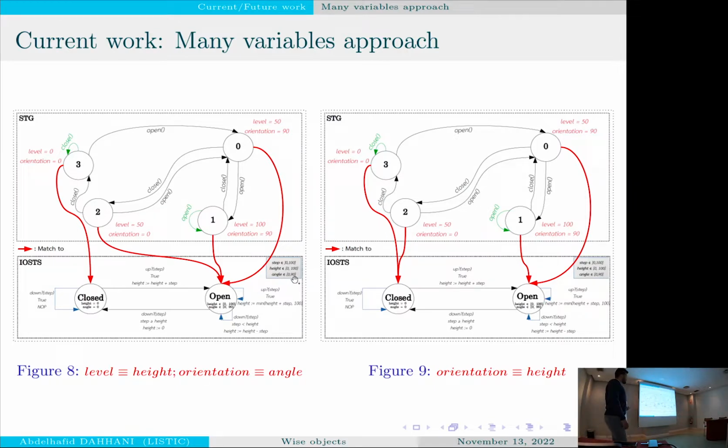Where did we get this one from? This one is also obtained based on the attribute-variable matching. Orientation also matches height. Here, as we see, orientation is between 0 and 90, and 0 and 90 is included in the height that is between 0 and 100. And I can say both are correct for the machine, but for a human, what's the most convenient for us? What is the most logical for us? Is it this one or this one?